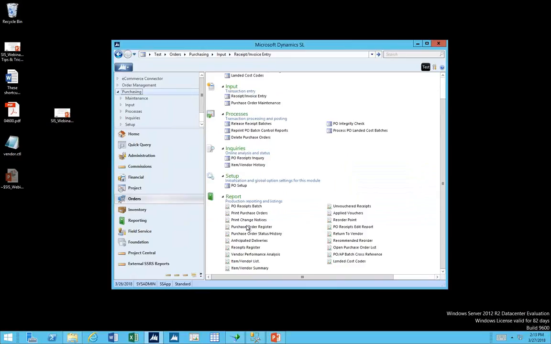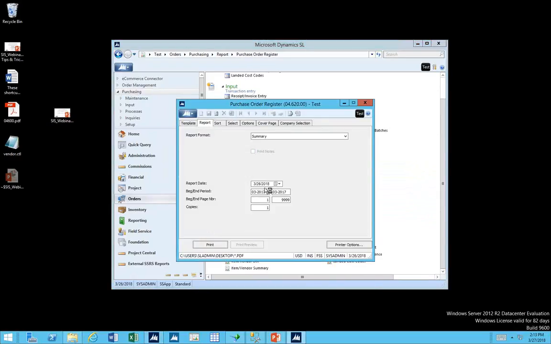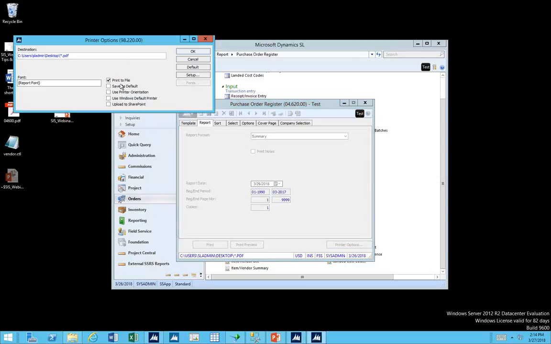I think the best report is to run this purchase order register. There's 2 reports we're going to look at. I typically like to go back on this report from the beginning period back to the point where we actually started using SL. That way I'm going to see every potential open order, right? So I'll make it something like whatever's reasonable. But then when you preview it,